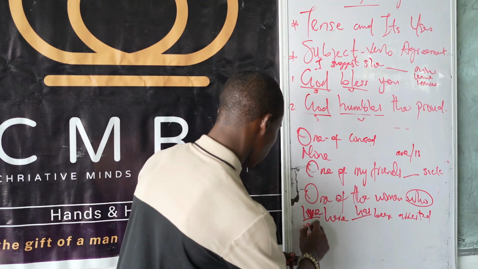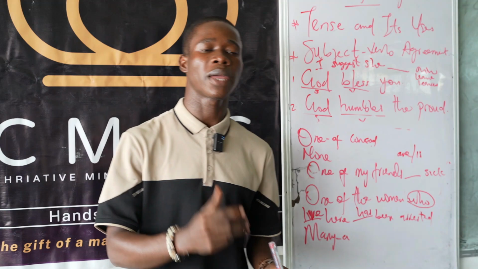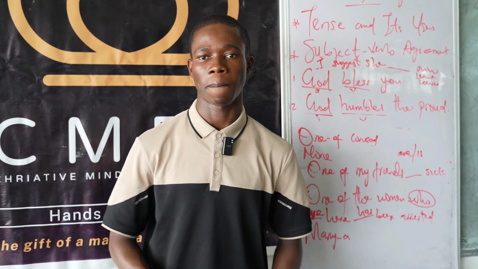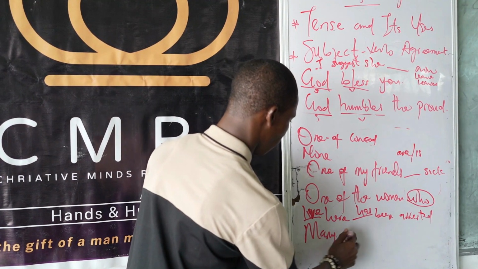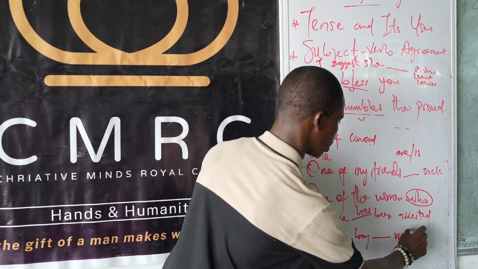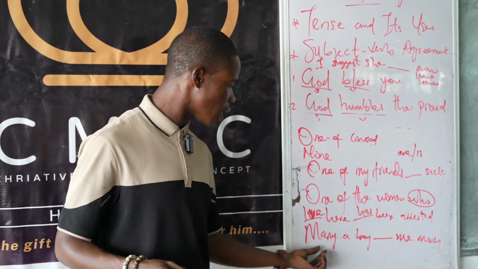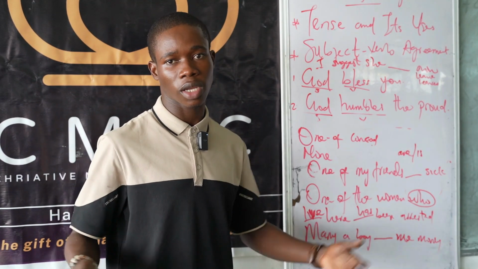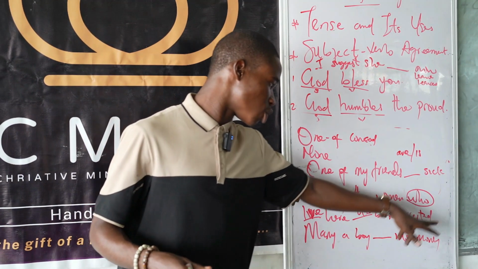We have many a Concord. Have you seen a sentence like many a boy, or many a school, many a teacher, many a man? When you have many a boy, a boy dash many money. Many a boy. What comes to your mind? You see many, then you see a boy. First of all, you think this is not correct, but that's how it is. Language is conventional. This is how we've been given. Now, many a boy dash many money.